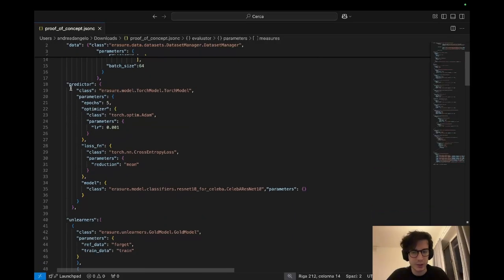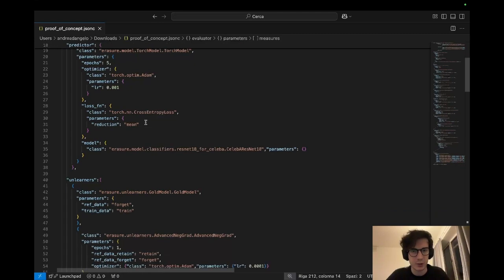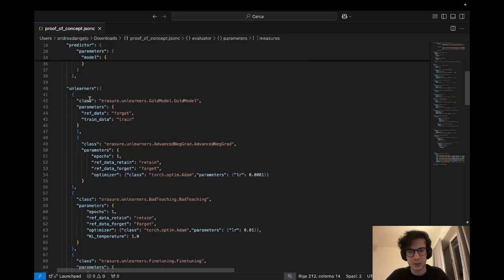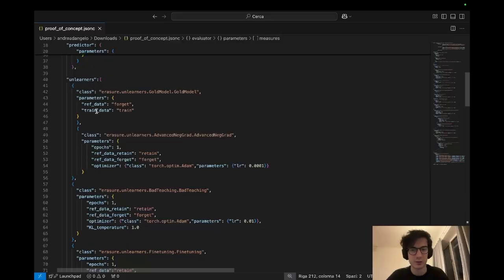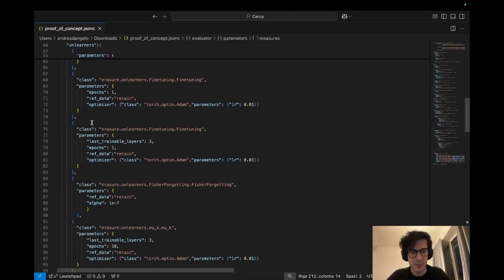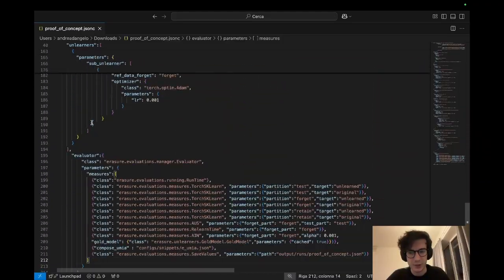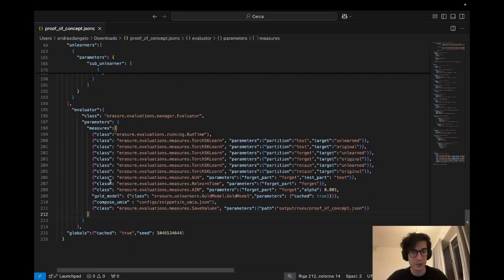In the predictor section, we specify which predictor to use. In our case, it will be a binary classifier, its loss function, its optimizer, and you can see that we can import these directly from PyTorch just by specifying their path in the JSON configuration file for ERASURE. In the unlearner section, we specify a list of unlearners that we want to use in this experiment together with their parameters. And lastly, in the evaluator section, we specify which of the metrics we want to measure during this